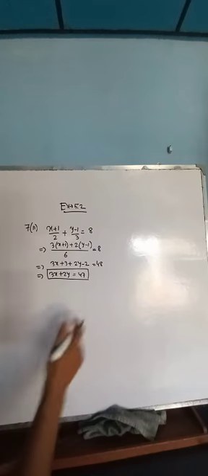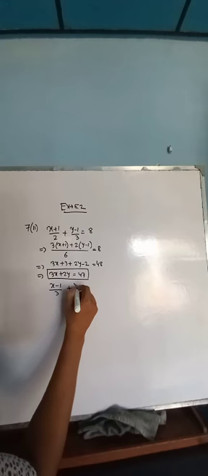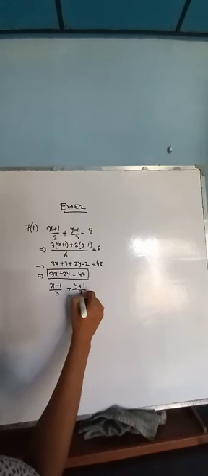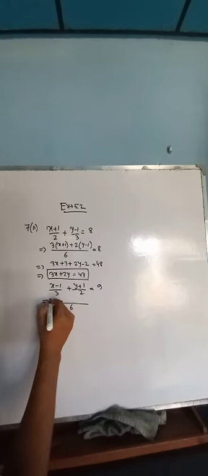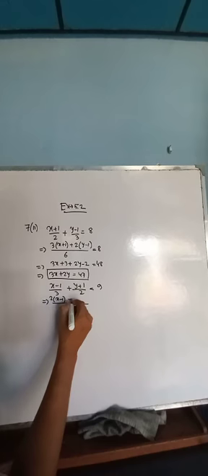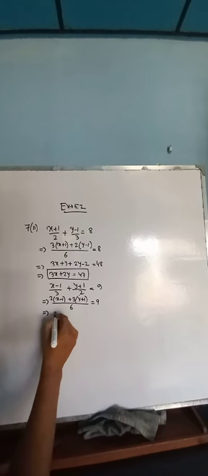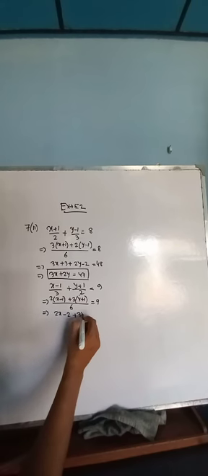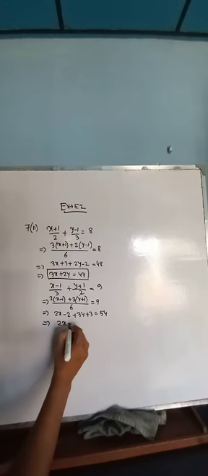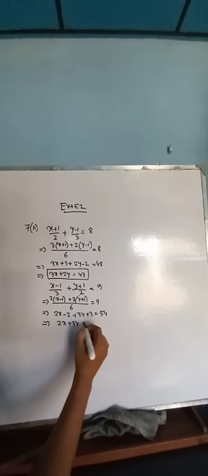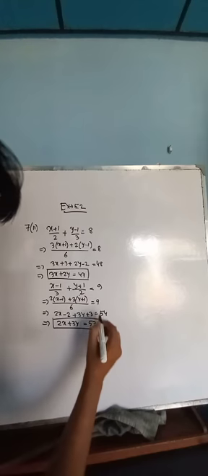Another calculation will be what? (x minus 1)/3 plus (y plus 1)/2 is equal to what is given there? 9. So 3 and 2 LCM is 6 also. 3 there, 2 into x minus 1, 3 there y plus 1 is equal to 9 times 6, that is 54. So 2x minus 2, 3y plus 3 is equal to 54. So 2x plus 3y, minus 2 plus 3 is plus 1, go to that side the minus 1, so 53. So you can get the other equation.